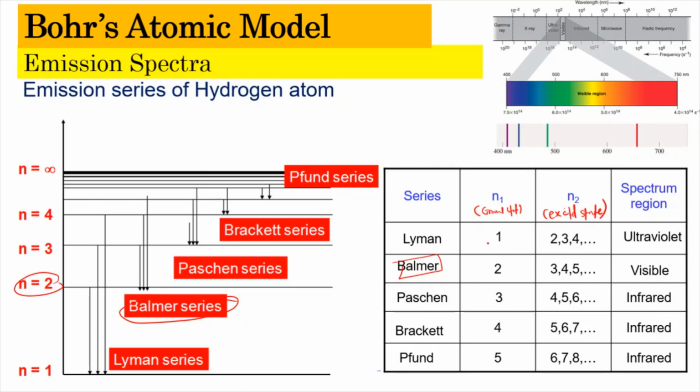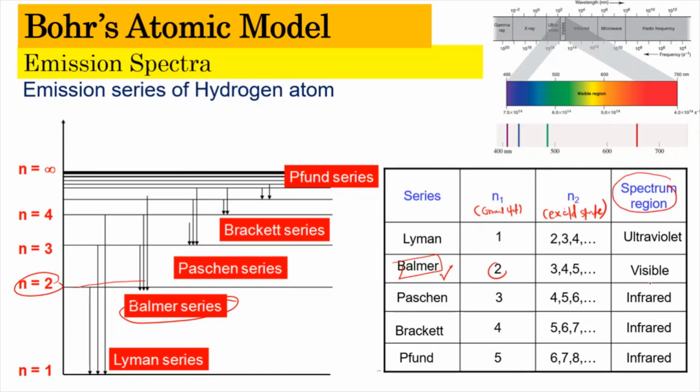Okay, and for the ground state here, it needs to drop at n equal to 2. For the excited state, it doesn't matter where the line is coming from. As long as it drops to n equal to 2, then it is a Balmer series. And I say that the Balmer series is very, very special because it drops in the spectrum region or the